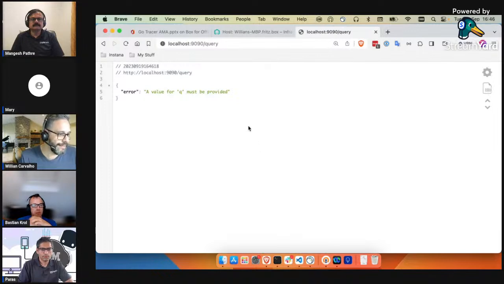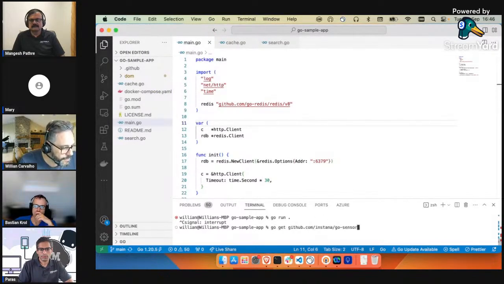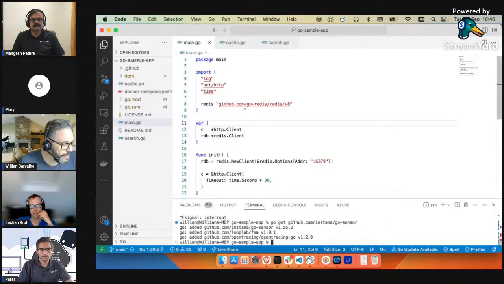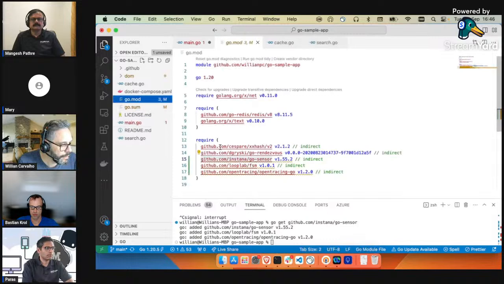But everything that I just showed you was not collected by our tracer, right? So I will go step by step to start to see something there. I'm going to install the sensor first, and now it's there. And now I'm going to initialize the tracer. We can import it.